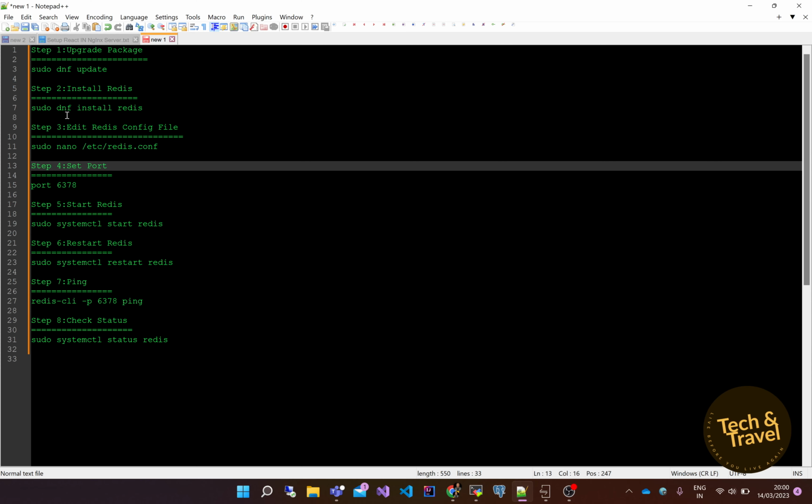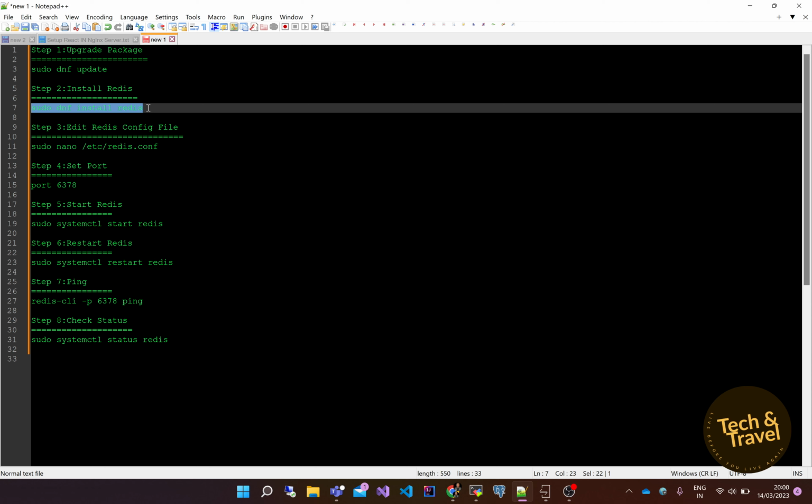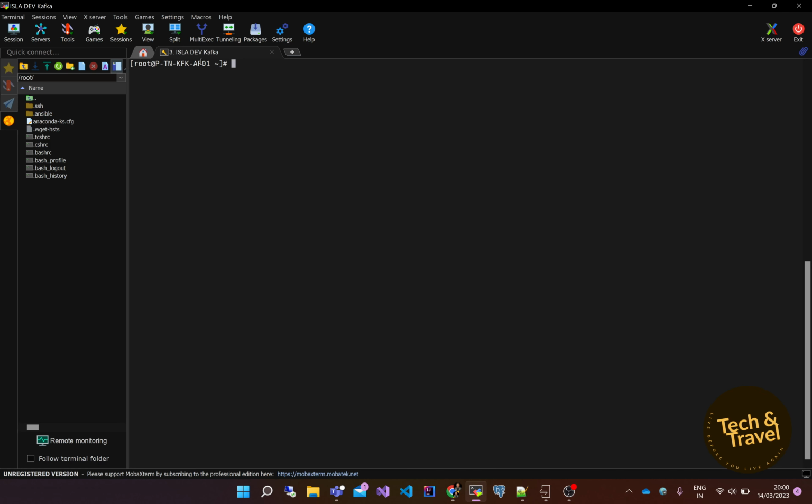So what is the next step? The next step is to install Redis. So now let's install Redis. It's very simple steps, and as you can see, I'm going to